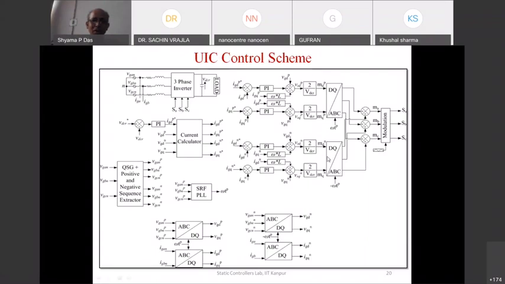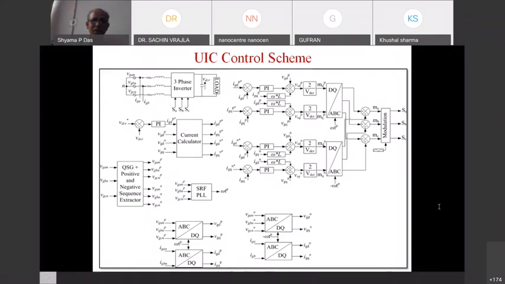Similarly the currents. We have got phase A and phase B. If we measure the two currents, we get the third current, because we have Kirchhoff's current law, IA plus IB plus IC equal to 0. So if we know IA and IB, we can find out IC. So here we don't have to have a Hall sensor for the three phases to measure three different currents.